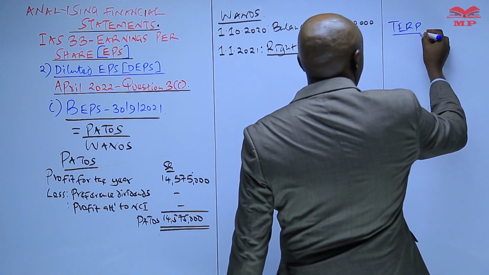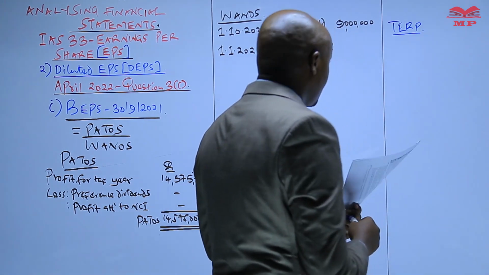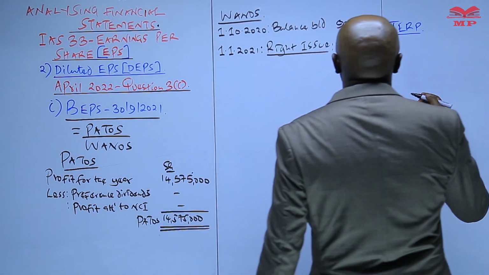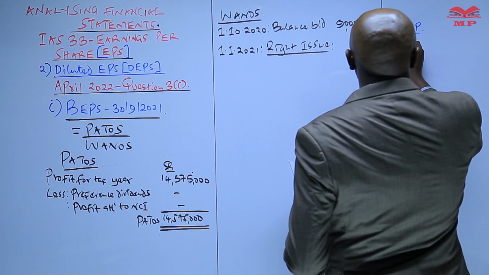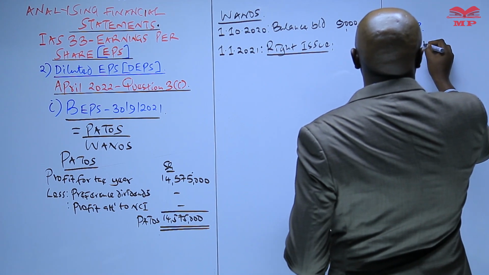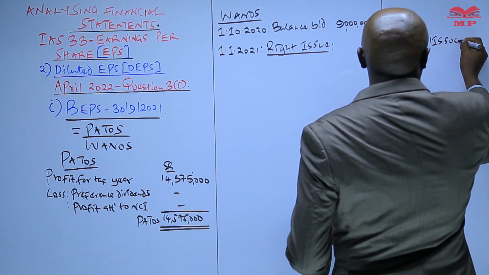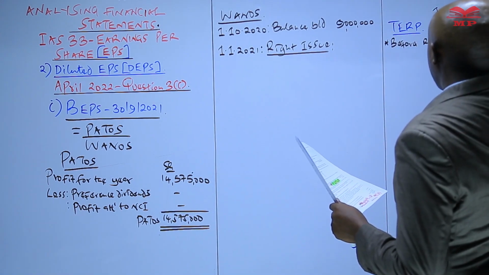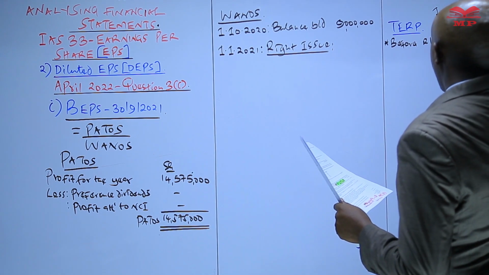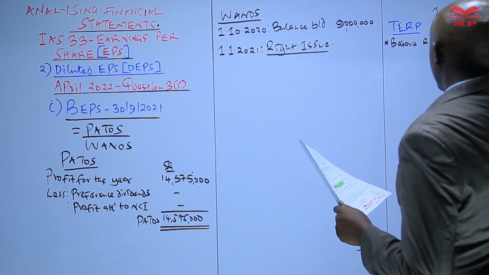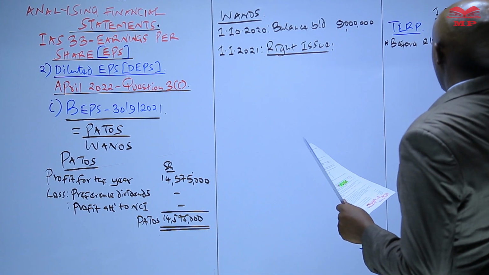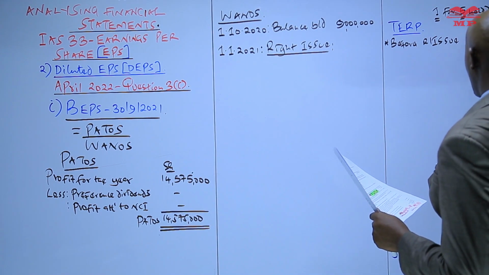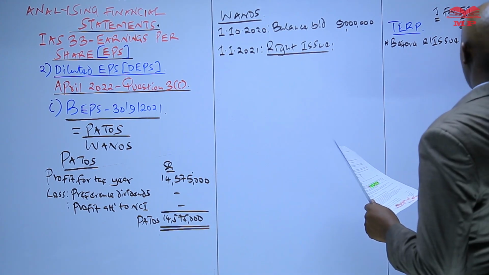Theoretical ex-right what? Price. Basically, this is the market price per what? Per share after the right issue. And basically, in terms of how we compute this, it is very, very simple. We say that before the right issue, if a shareholder held 5 shares, because we are told the company made a right issue of 1 for 5 shares. It means that during the right issue, the company was to issue 1 share for every 5 shares which were held. So if therefore before the right issue you held 5 shares,